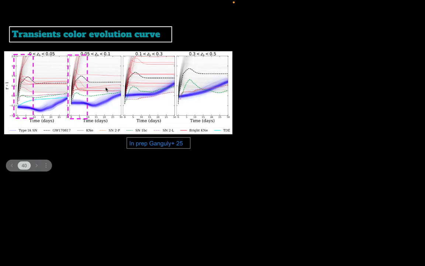We have also added some other transients, supernovae of different types and TDEs. We have seen that the kilonovas have a very fast reddening or color evolution, very fast compared to the other type 1a supernova. But if you go to the higher redshift, this difference decreases because of the redshifted kilonova, redshifted supernova and all these things.